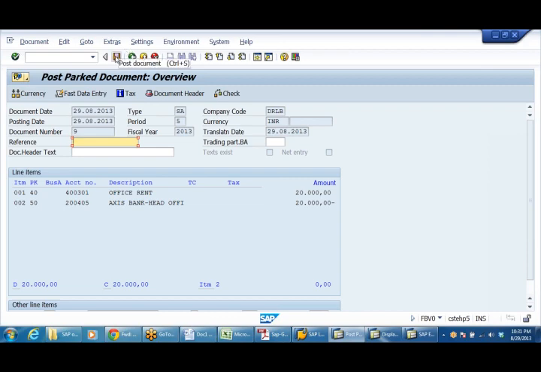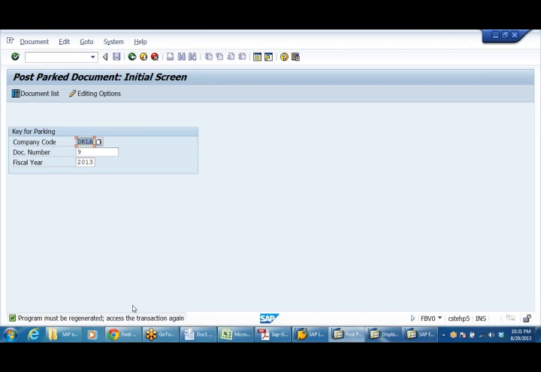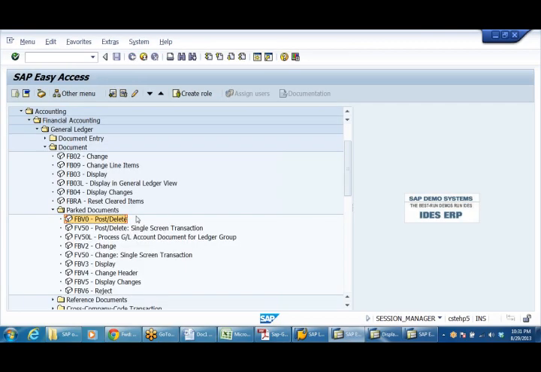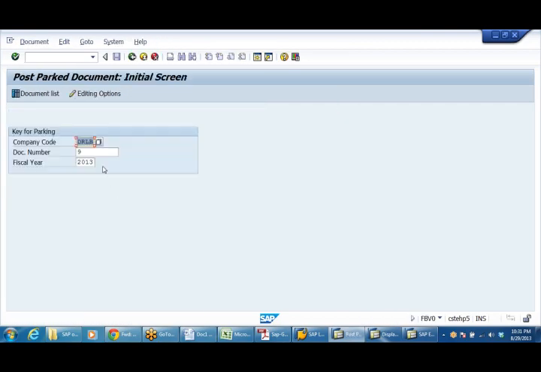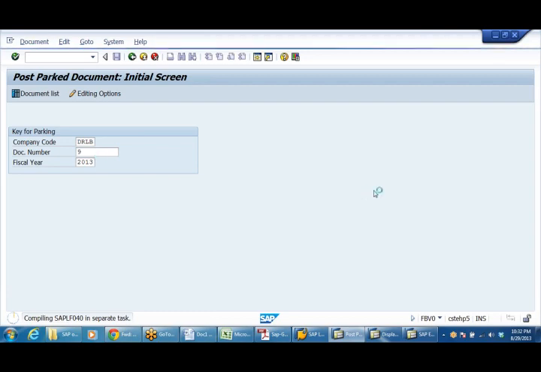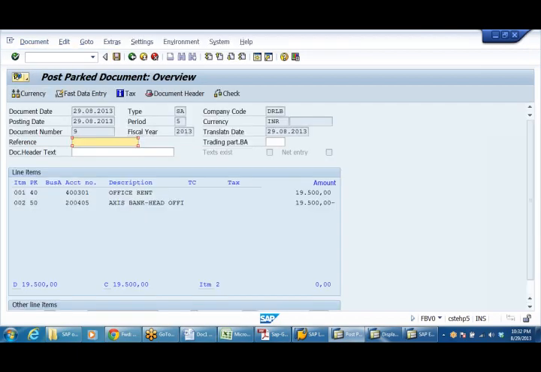Now see, if I keep the cursor here, it is coming as Post for me. Post. Okay, I think there's a small issue, because first time we are accessing, some mistake is being generated here.